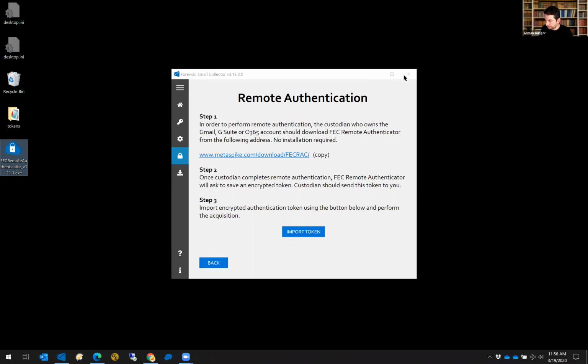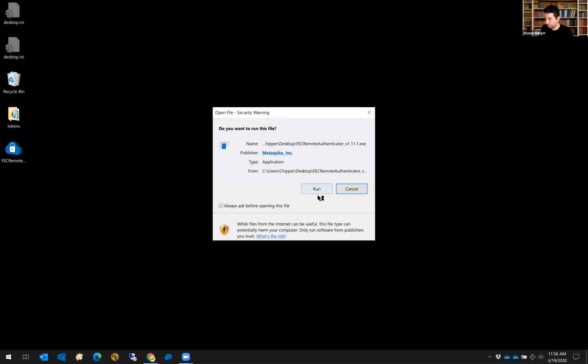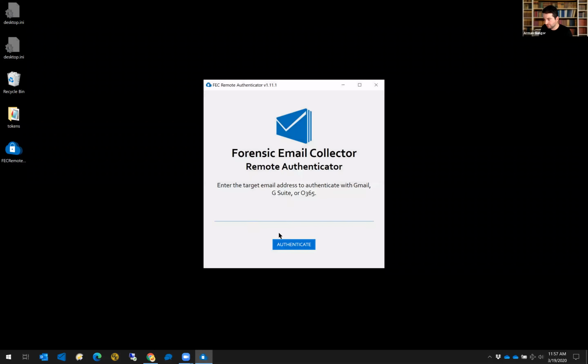Okay, so that's how Remote Authenticator is downloaded. Now if we wanted to change the scopes that it requests, we had a couple of options here. One of them was to actually build some options within the tool. So when you run it, the end user could check some checkboxes, for example, to define exactly what scopes to